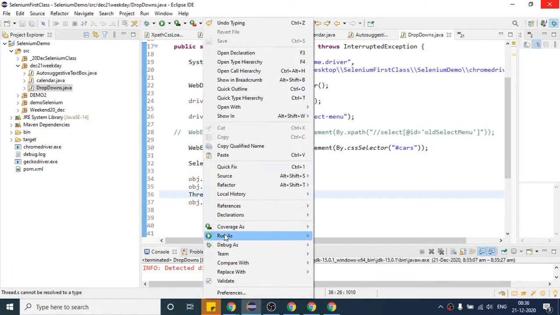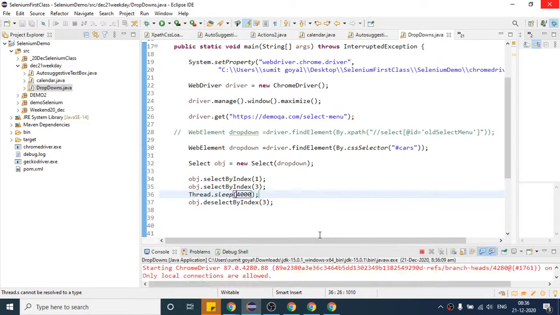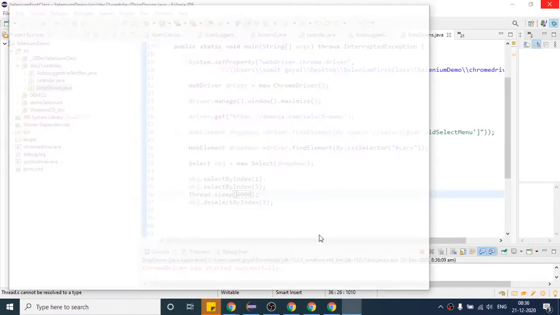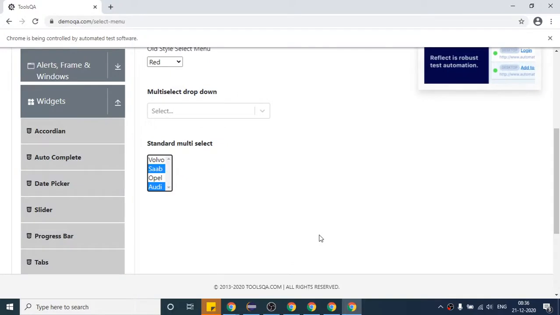If I run this, after 3 seconds it should deselect the last one. You can see it has deselected. So this is how you can work with this.